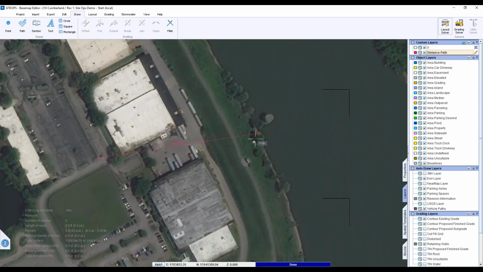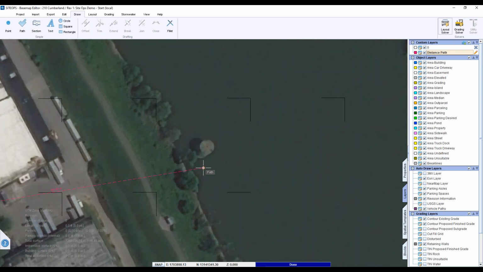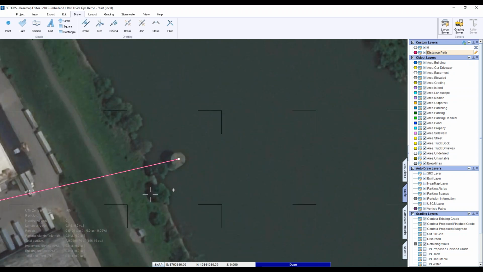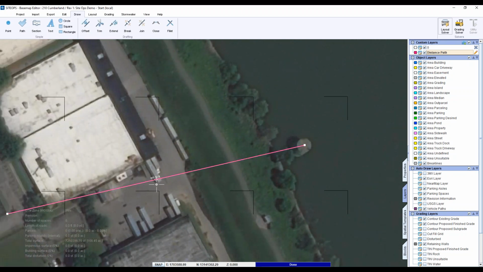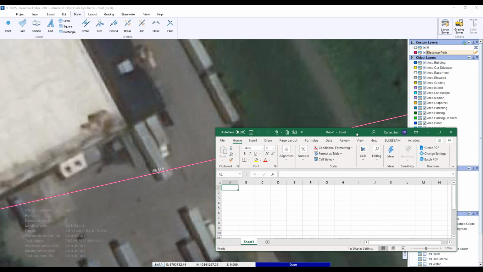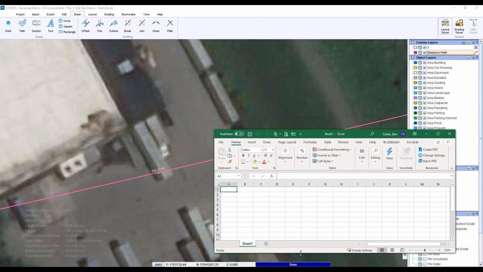Go there, and then go right out to the center of this pylon. Right there. And then we're going to hit enter. And you're just kind of eyeballing it here, getting as close as we can. So that gave us a distance right there, 655.51 feet.